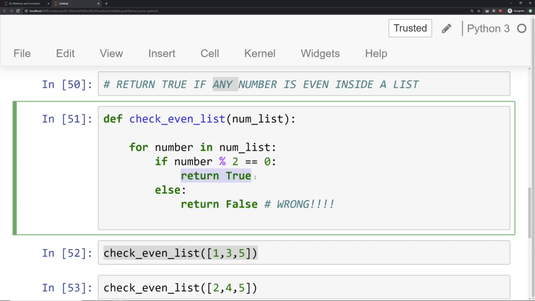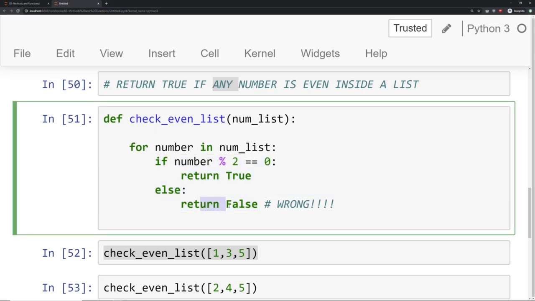Often beginners make the mistake that all the return statements should have the same level of indentation, but that's actually not true. Because look what's going to happen here. We're going to say for number in number list, and then the very first time that a number is not even, we'll say, okay, in other words, just return false. Essentially saying that this if-else statement is only going to be able to check one number because both conditions will